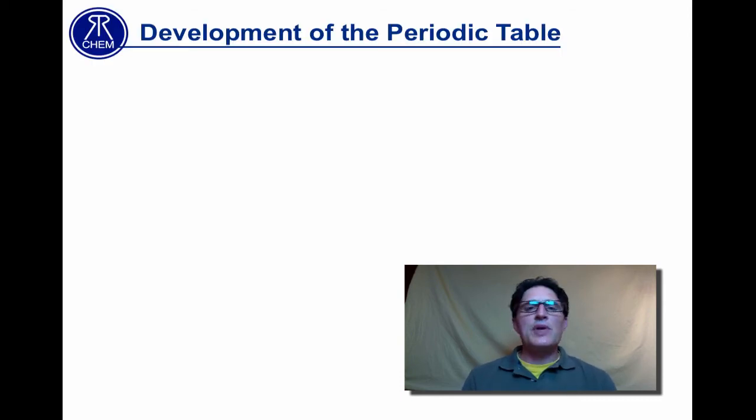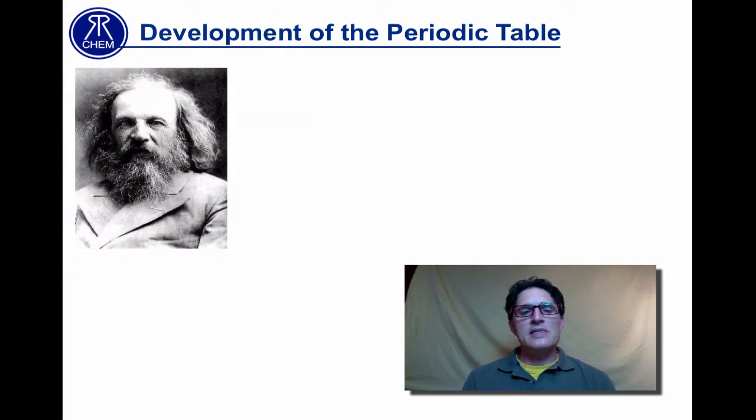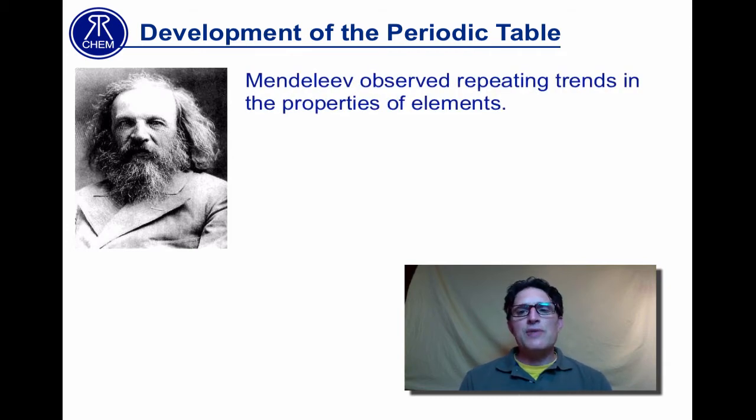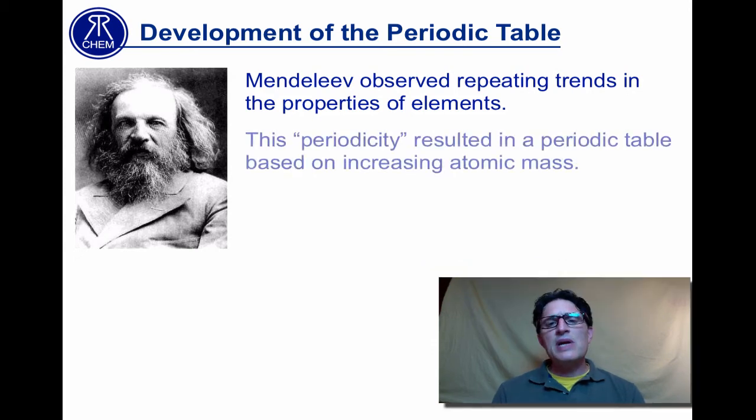Let's first look at how the periodic table came about. First of all, the word periodic is not a random term that's used. It isn't just called the table of elements arranged randomly. Periodic is a very specific term. It was a term that this scientist, Dmitry Mendeleev, a Russian scientist who in the middle 1800s observed that there were repeating trends in the properties of elements. The periodicity means that there are repeating patterns that resulted in him creating a table or organizing a table based